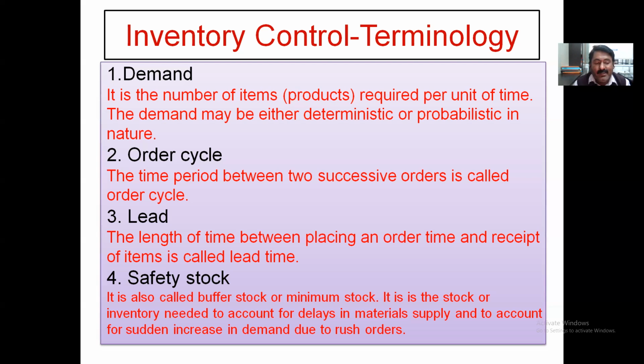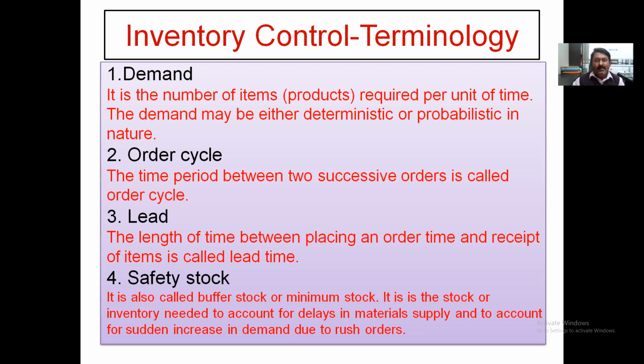Then lead time. We have already discussed lead time in the last lecture. Lead time is the time between when the order is placed and when it is received. So an order is given to a firm on 1st January, and I receive the complete material today. So the lead time you can call 5 days. I am just giving an example for better understanding. So the time between order placement and receipt of items is the lead time. The order is placed, and the items are received as per requirement.